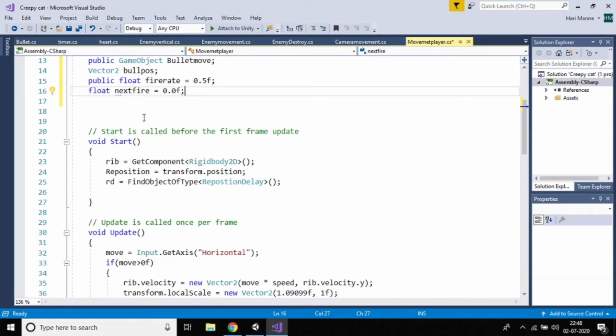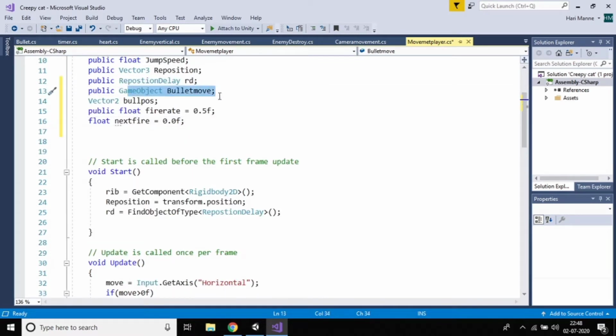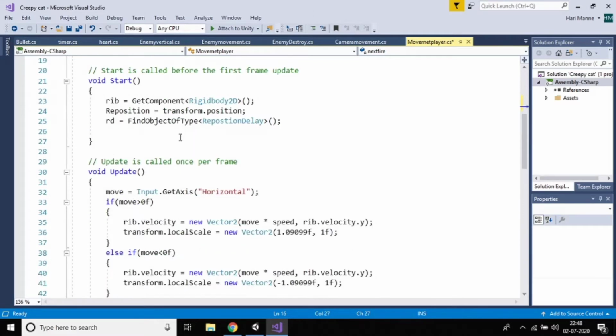Now we created the bullet move, that means the bullet object, and we are also taking the position, the fire rate, as well as the next fire rate.